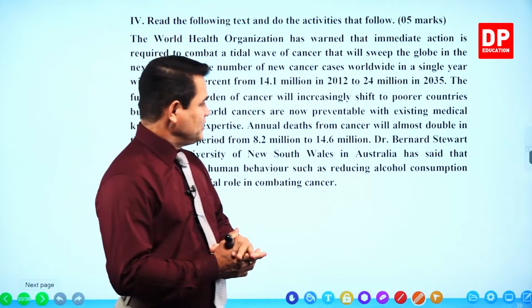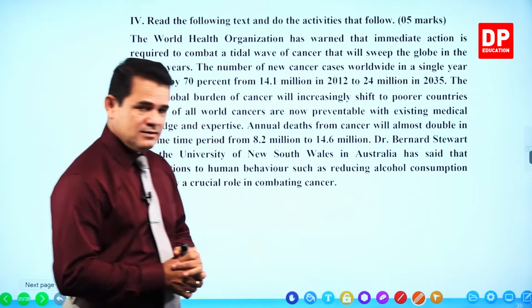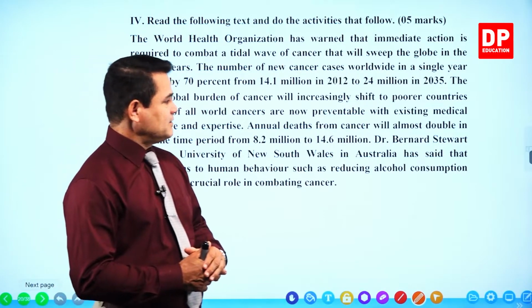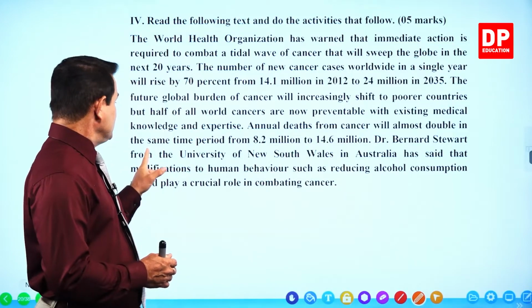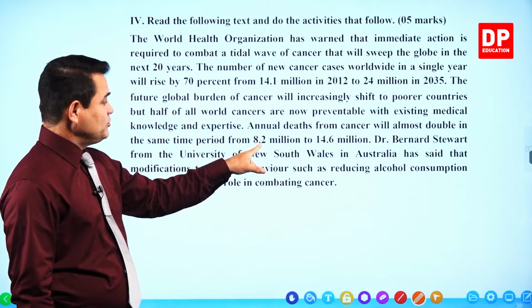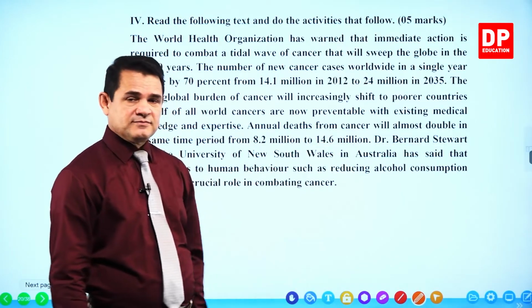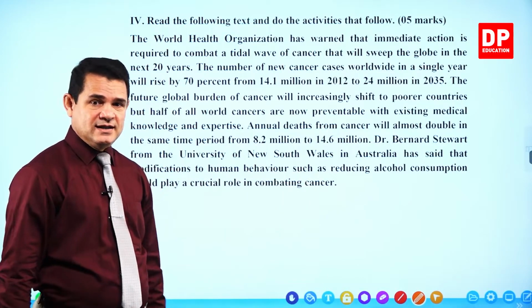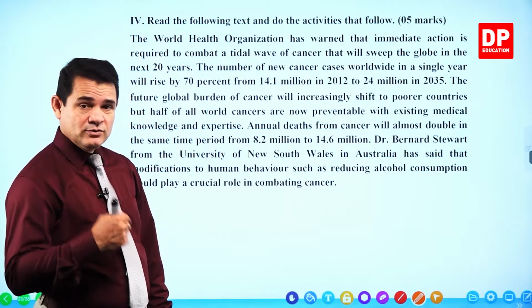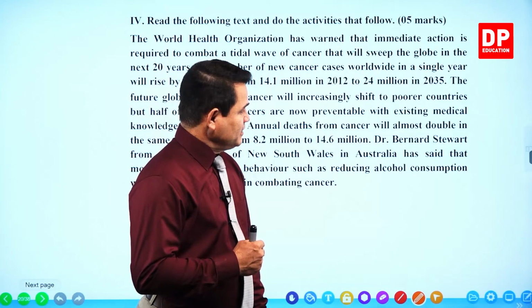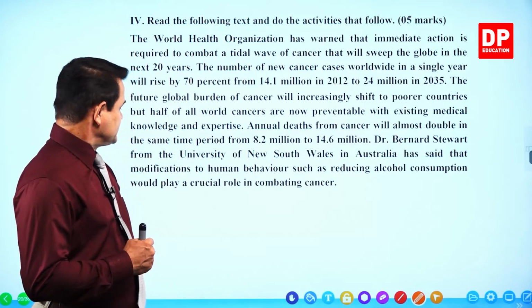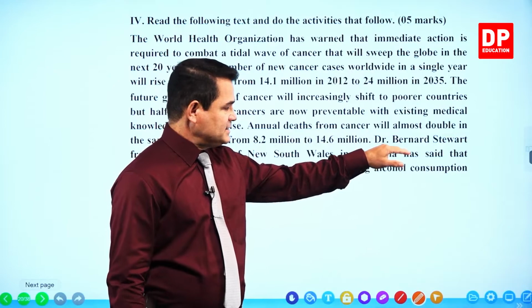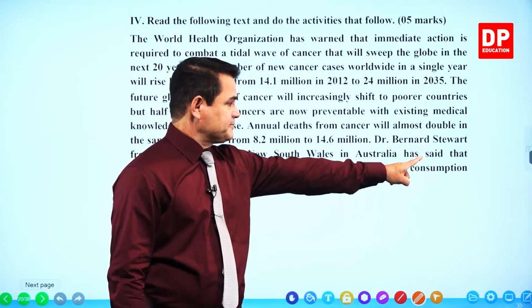Annual deaths from cancer will almost double. Annual means yearly. The annual number of deaths will double in the same time period, from 8.2 million to 14.6 million. So from this to this, that means the number of deaths doubles. Dr. Bernard Stewart from the University of New South Wales in Australia has said that